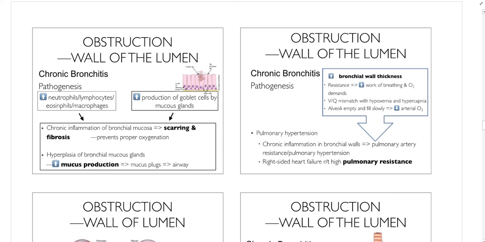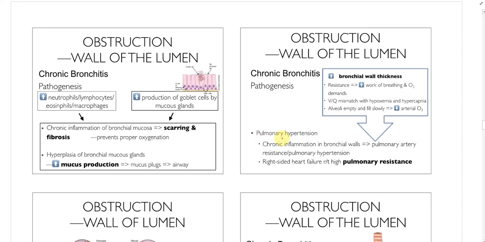All of that's going to lead to an inadequate level of oxygenation within the alveoli and thus a decrease in arterial O2. All of this effort, all of this work of breathing and destruction of available surface area in the lungs